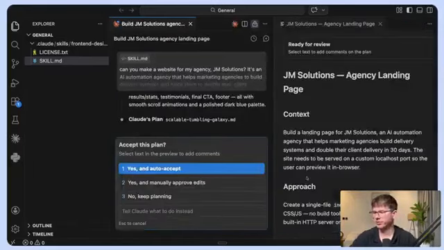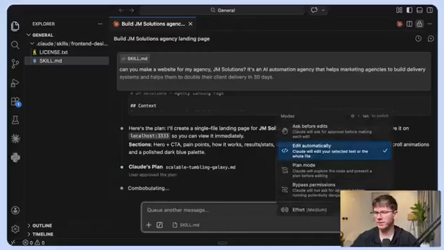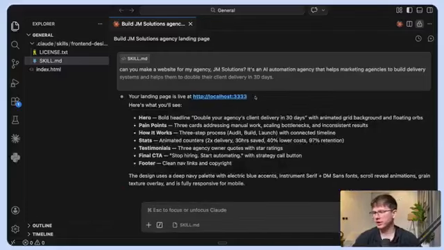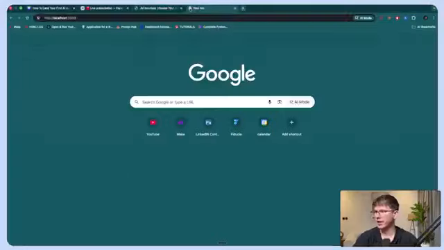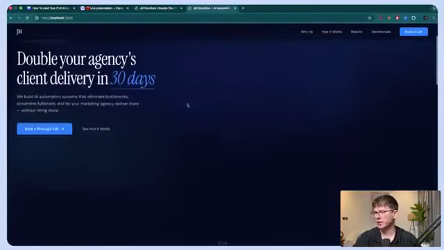Okay, it just made a plan. I can press yes, auto accept, and then go to bypass permissions. All right, now it made us a new link, so I can copy this as well. I can go here. You can see this is the old website. I can paste the new link, and we'll have the new website here,